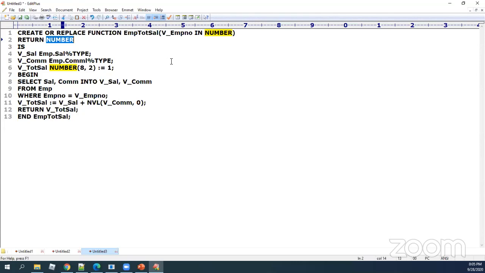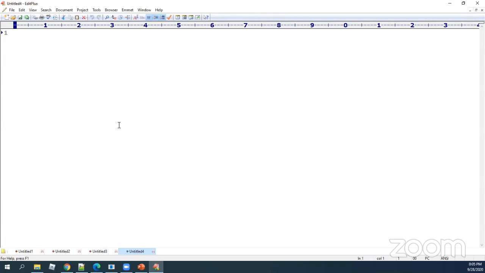In the same way, I just want to check one thing. Okay, you just watch carefully. I'm saying create or replace function get_department_details, and I'll give the parameter p_department_number.